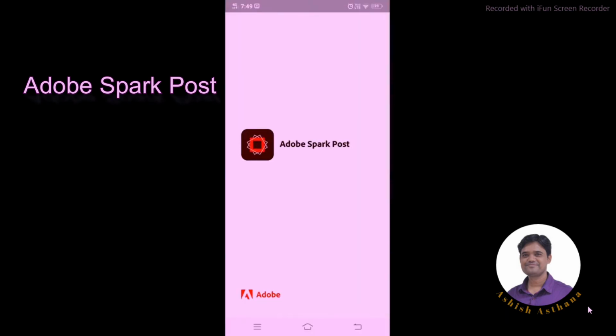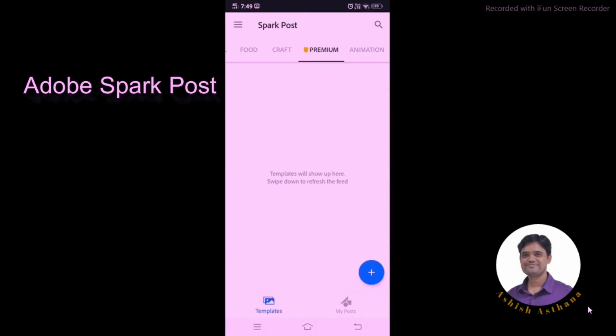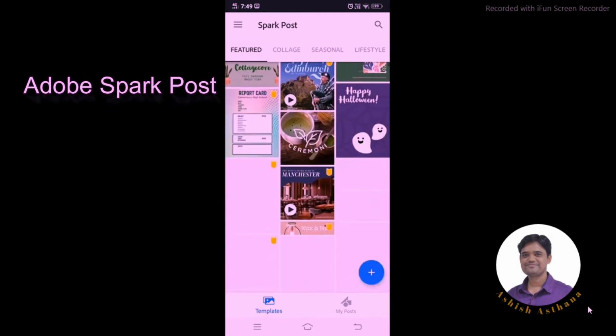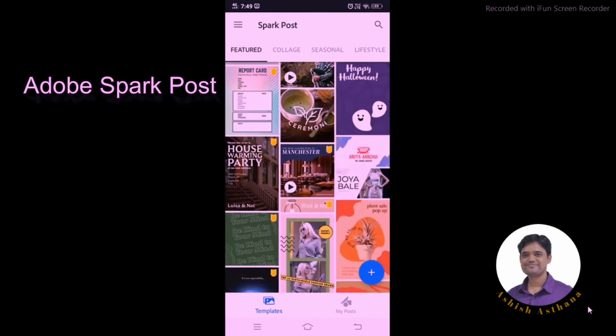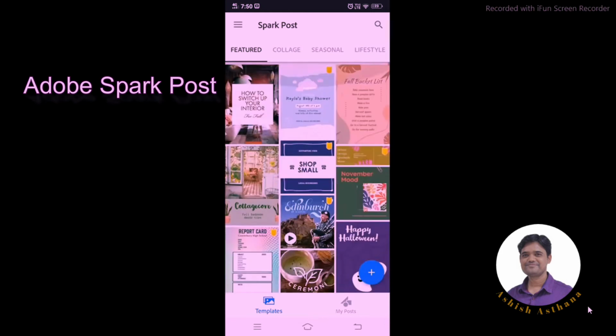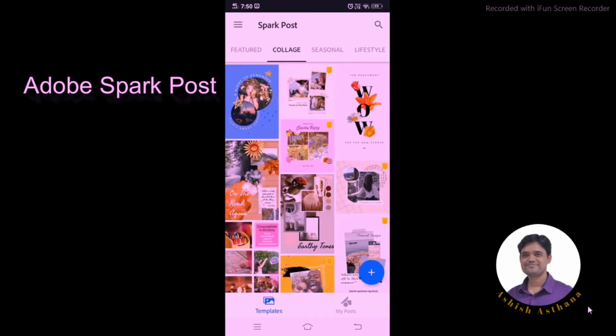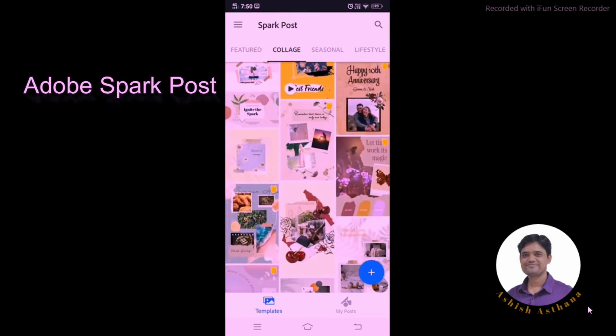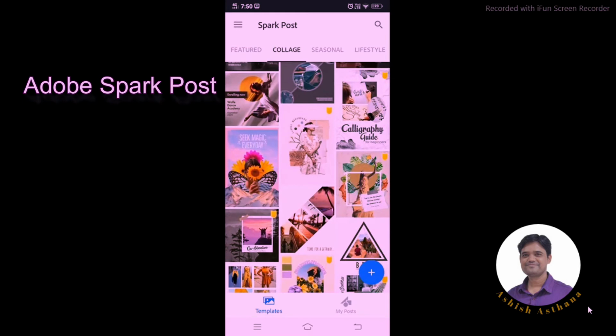So select this app, Adobe Spark Post, and from here you can see different kinds of categories or templates are already available with this app. So you can select any template or edit it, or you can create your new post. So for this, click on this plus icon,